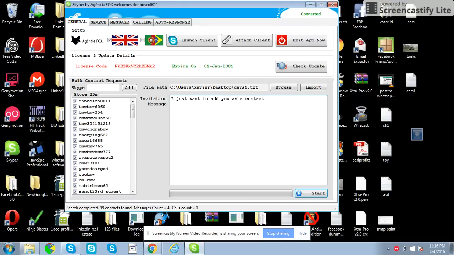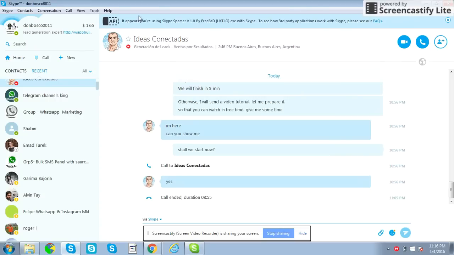Otherwise, you can use this as an email also, like a 10 sentence email with your product or offers. You can type it in the invitation message and send it. Once you click start, you can't stop it. Depending upon the numbers in your contact list, it may take a few minutes to broadcast. Just click the start button, and sometimes the Skype API will ask your permission. Click allow access. That's all.